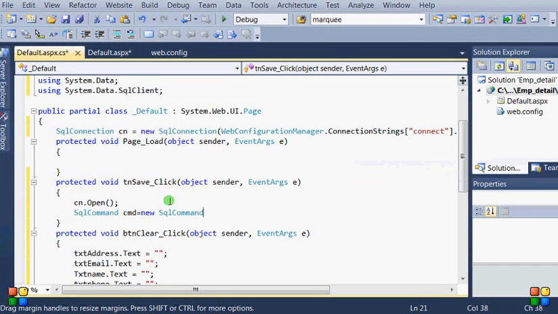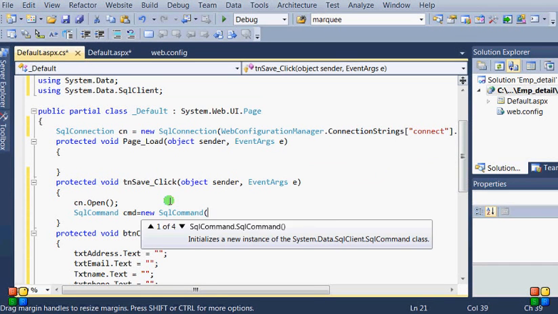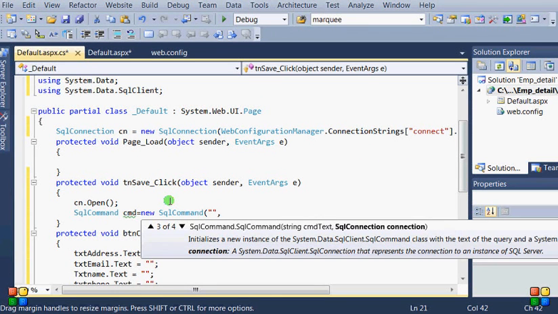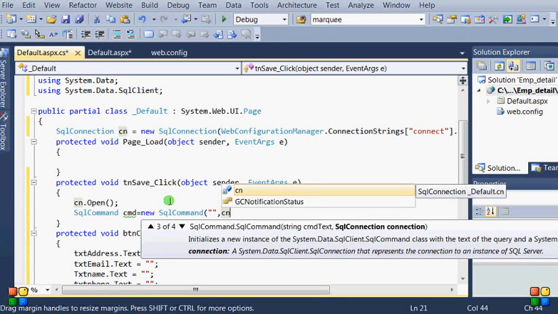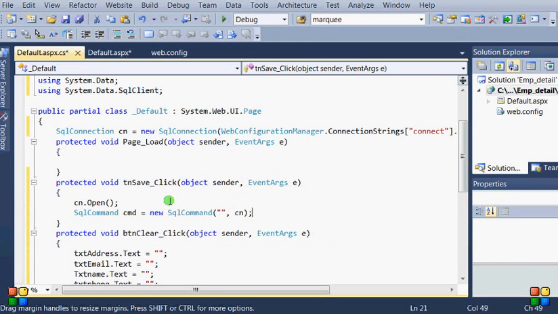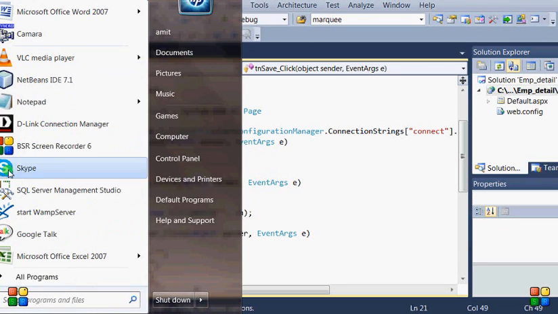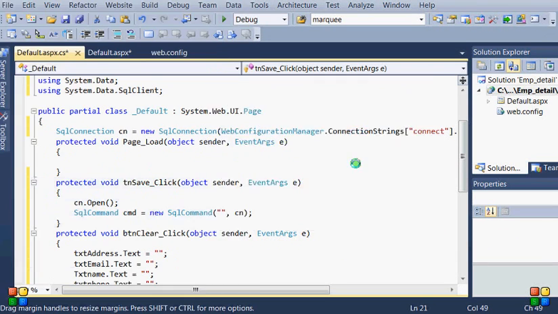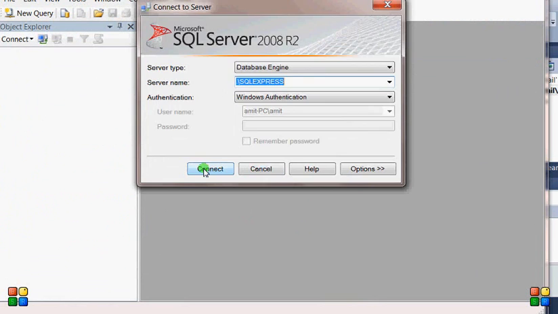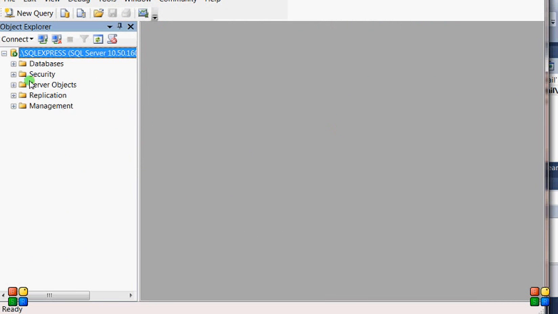SqlCommand. Here we have to write the procedure name. Whatever procedure name we have provided, if you remember, we have to just write the procedure name. We have to check our procedure again. So here check the procedure name.